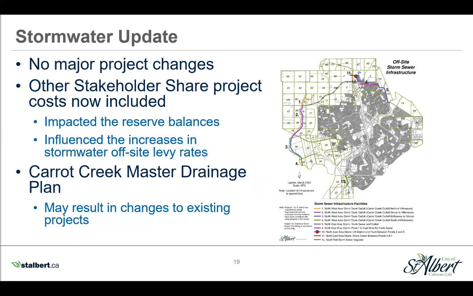So the reserve, we thought we had a positive balance of almost $930,000. But when the costs were added in, by the start of 2021, that reserve actually had a negative balance of $401,000. So this is actually a more accurate picture of where the reserves were really at, as we had reimbursed the front-ending parties for all of the work completed where we could, even if the model didn't track it as a cost to be included in the off-site levy calculation.